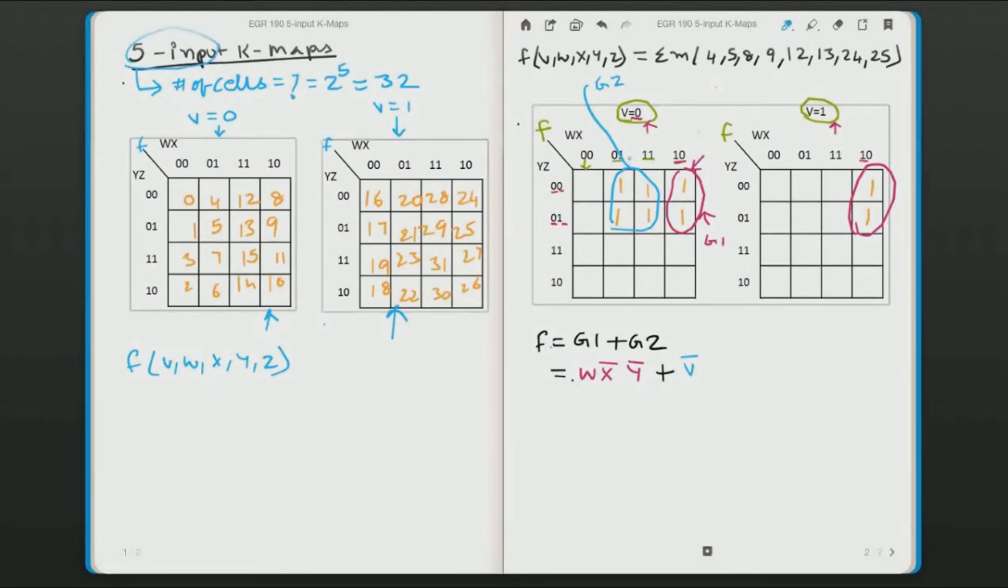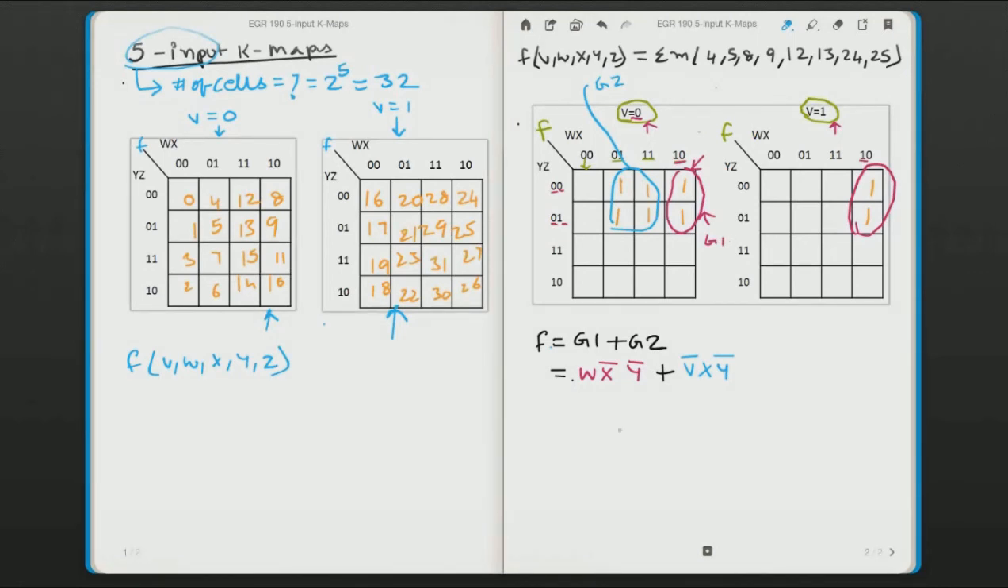Come to X. X is 1 in the second column, X is 1 in the third column. So we write X. My Y is 0 in the first row, Y is 0 in the second row. Y is the same, so we write Y bar. Z is 0 in the first row, Z is 1 in the second row. Ignore Z. So when you have a sum of minterm functions with so many minterms, using a 5-input K-map,